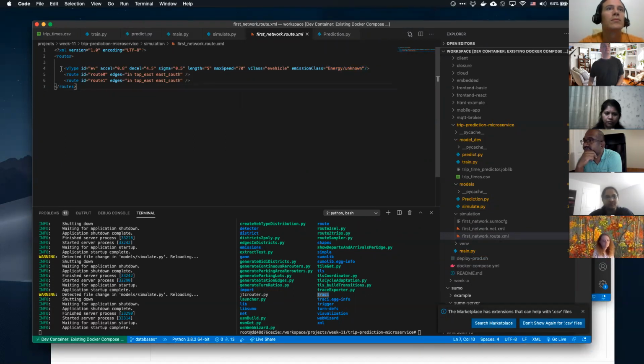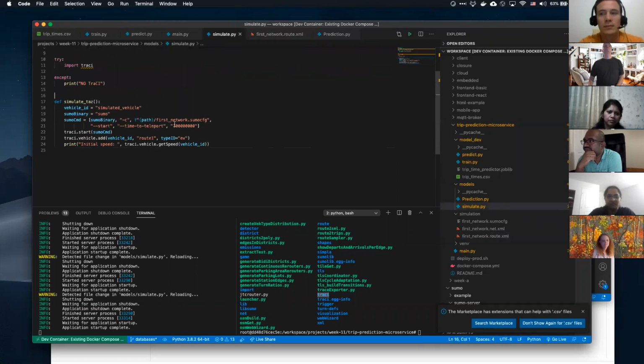So I've just pasted this V-type flag into the network.route.xml file. Unlike FastAPI, Sumo has like the worst documentation ever, so feel free to dig through that, because it took me forever to figure that out a couple days ago. Very painful, but that's the way to get an electric vehicle in Sumo.